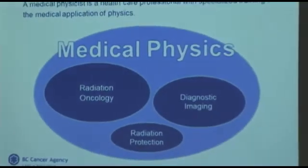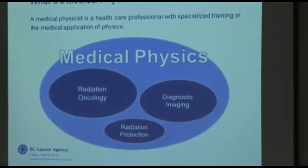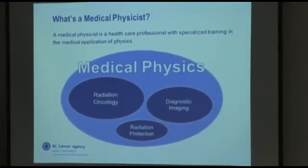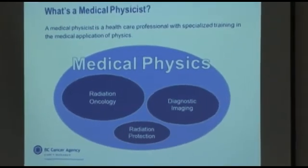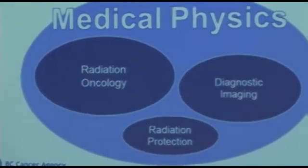So first off, what's a medical physicist? Well, we're healthcare professionals, and we specialize in the application of physics in a variety of fields, actually. My specialty is in radiation oncology, and that's where most medical physicists practice. We work in clinics. We work with patients in the treatment planning and delivery of radiation typically for malignant tumors,